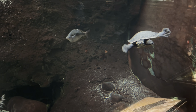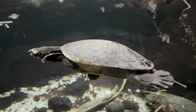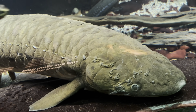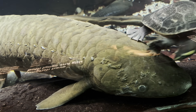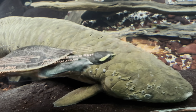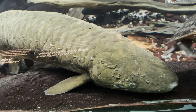This one is about to get bombarded by the other turtle. And here he is. There's the other turtle coming up. Now this fish, okay, I had the name, but now I forgot it. But I was taking a picture of this fish, and this turtle was like, no, you take my picture. You want to see me, you don't want to see this fish. So this turtle kept right in